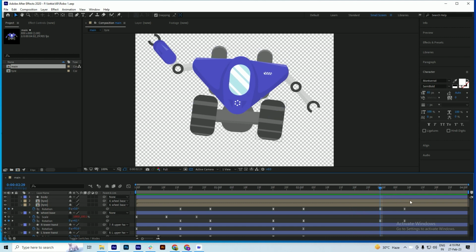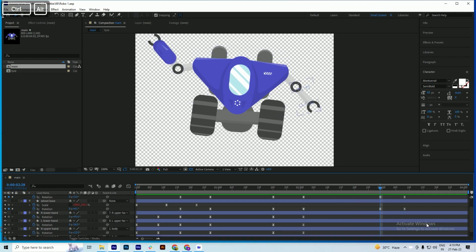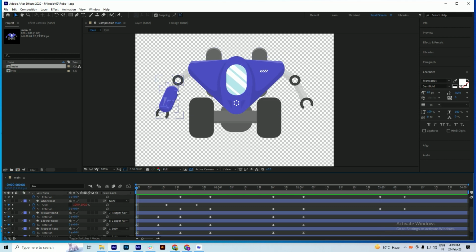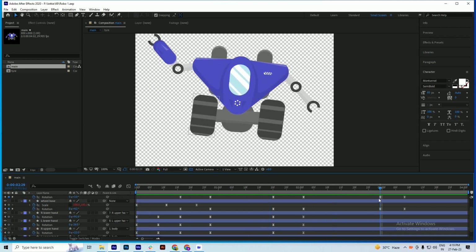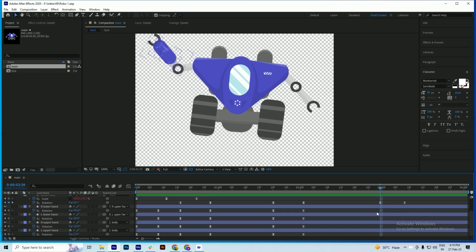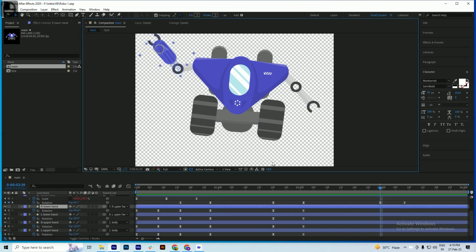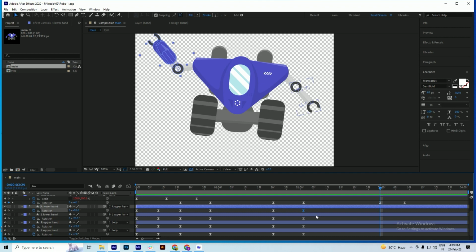So from here we have to place these positions back to the position which is in the first frame. So this hand looks like this. For this we will do one thing. We just select the layer, and I'm just going to copy this keyframe and paste it here. Okay,